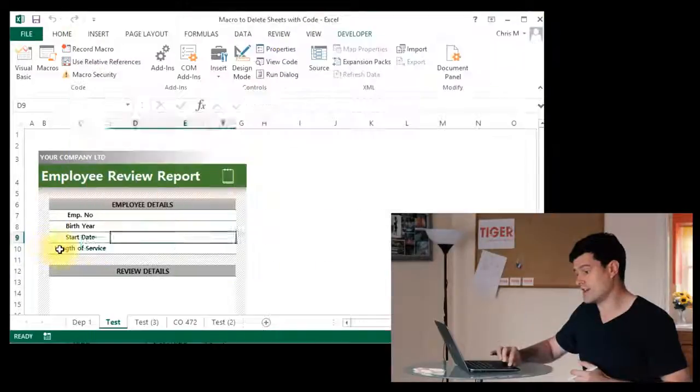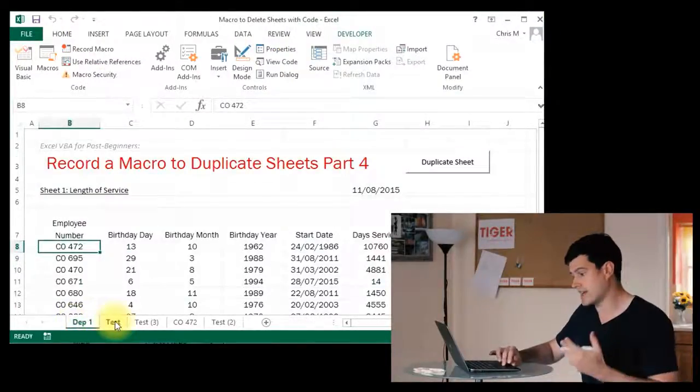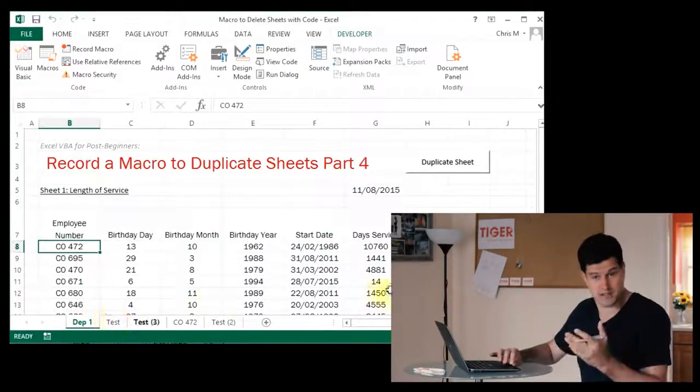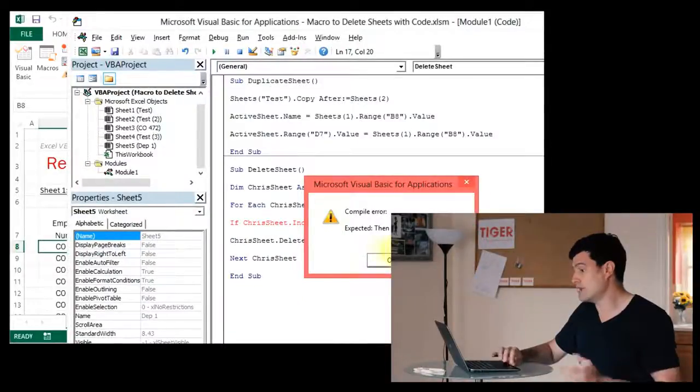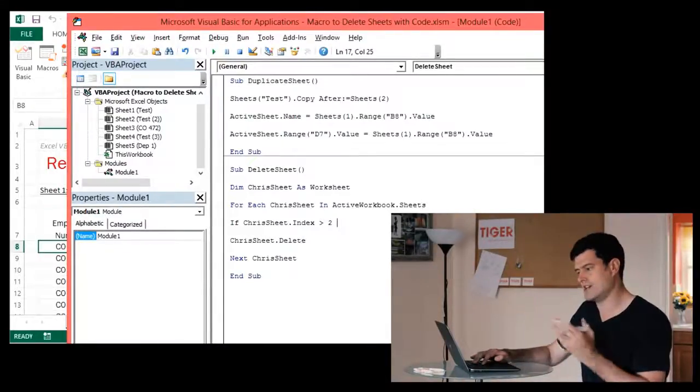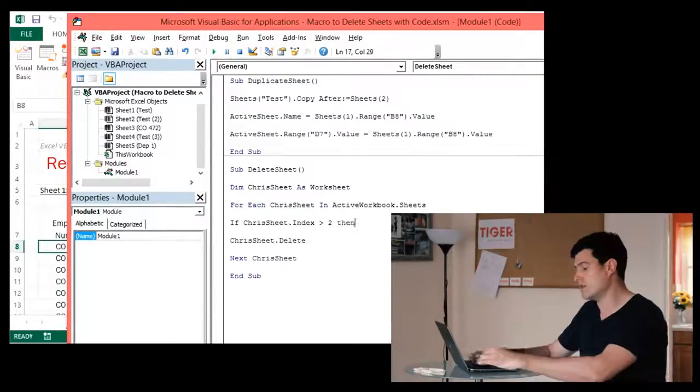Now, index is how far the sheet is positioned through the workbook. So the first sheet has an index number of 1, the second sheet has an index number of 2. So index numbers 1 and 2 we want to keep. We don't want to delete those sheets. So we can say if chrissheet.index is more than 2, so we're saying only do this if the sheet index is 3 or more,